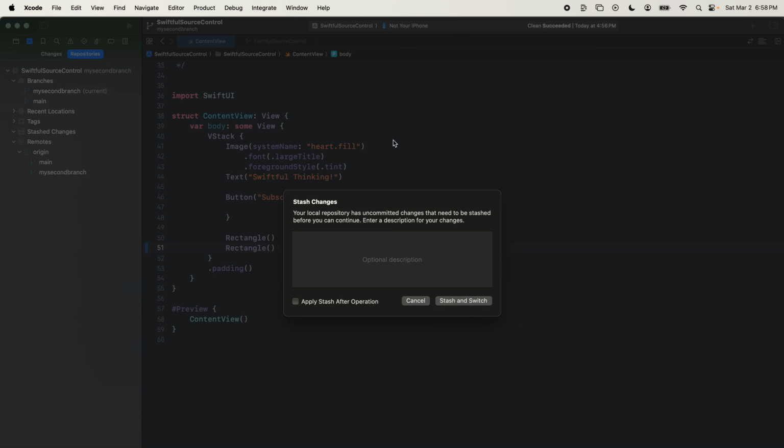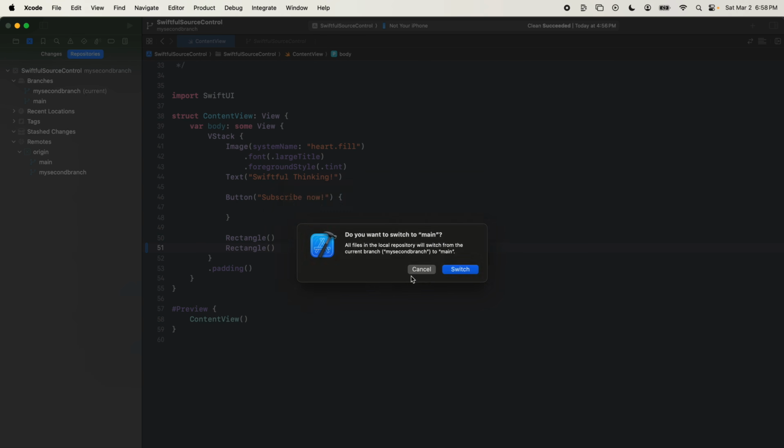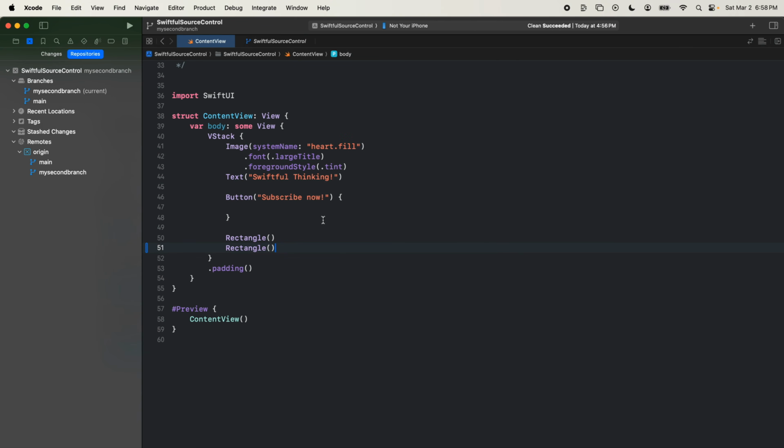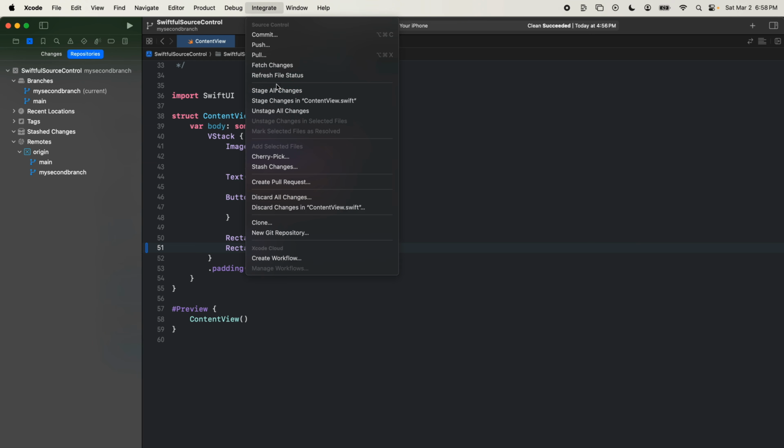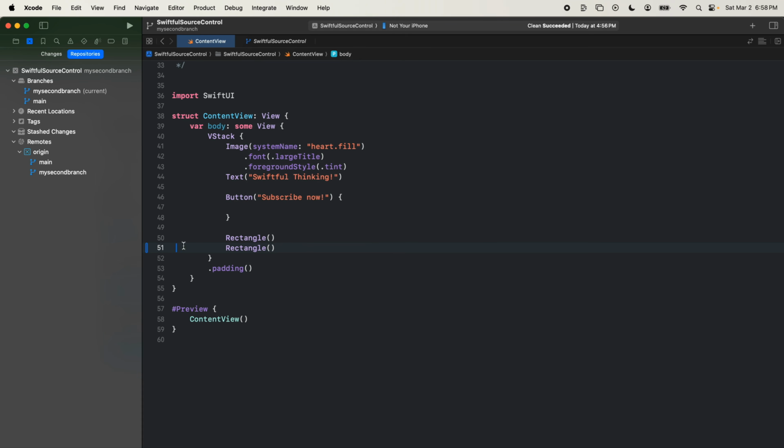But when I go to switch, I'm going to get this other message here, stash changes. And this is why I covered stash changes first, because we can't switch from our branch to the other branch if we have outstanding changes. Because it needs to know, what are you going to do with these changes? Do I discard them forever? Do I stash them somewhere? So I can now stash these changes and then switch, or I could discard these changes and then switch, or